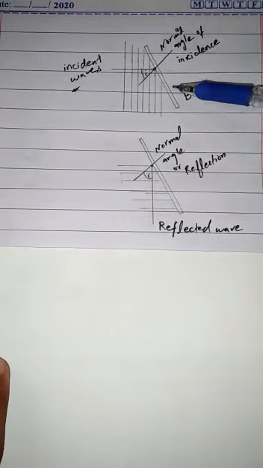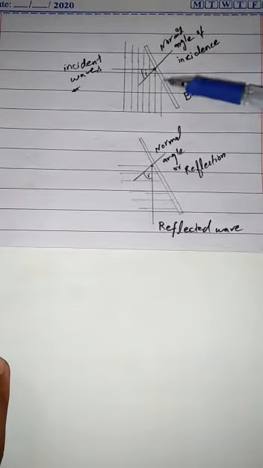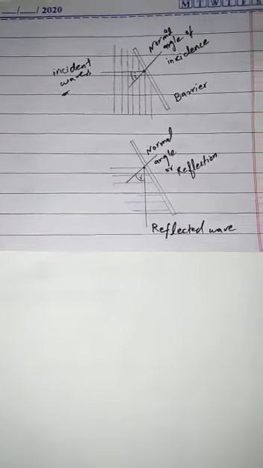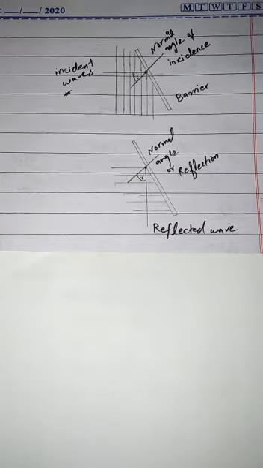Note that the direction of propagation is always normal to the wavefront. The change of path of water waves while passing from a region of deep water to a shallower one is called refraction, which is defined as: when a wave from one medium enters into a second medium at some angle, its direction of travel changes.